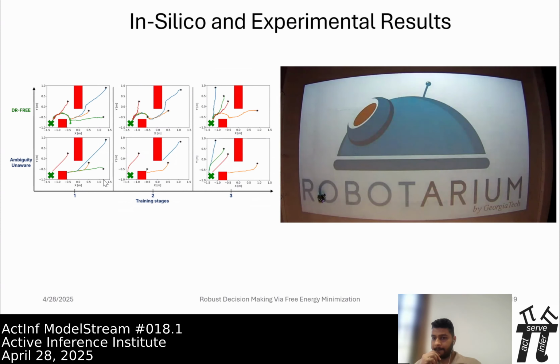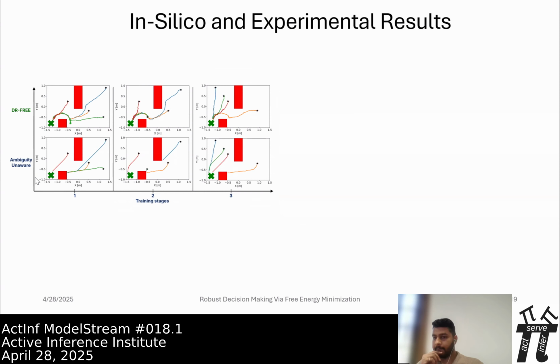Okay, so it's aware of its two-dimensional position and of the obstacles and the goals, and it computes kind of a suitability that's ambiguity aware. Yeah. But the thing it does not know is, if it takes an action from the action space, where this action will take it. So it cannot foresee accurately where this action will take it. So that's where the ambiguity is. It cannot be sure of its own decision.